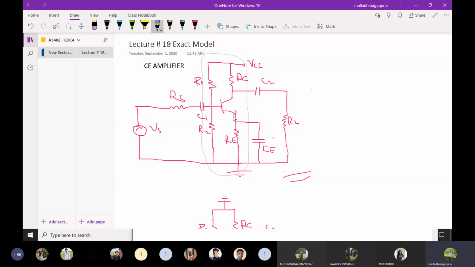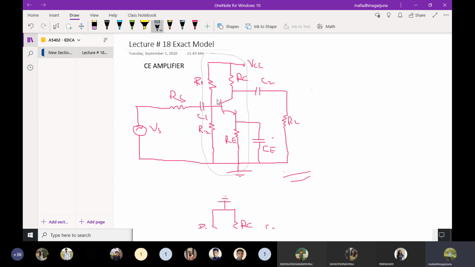So whenever the operating point is fixed, we will get a faithful amplification. The faithful amplification is nothing but reproducing the output response without losing across any component, without any distortion. That is the faithful amplification. So we are using a voltage divider bias network here.